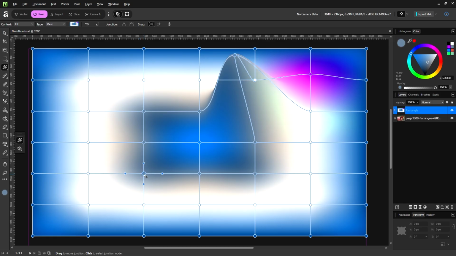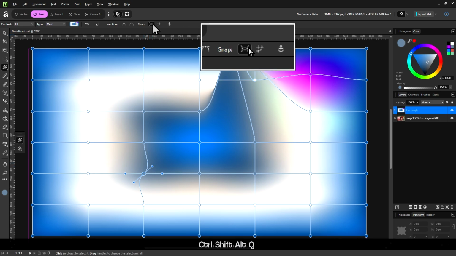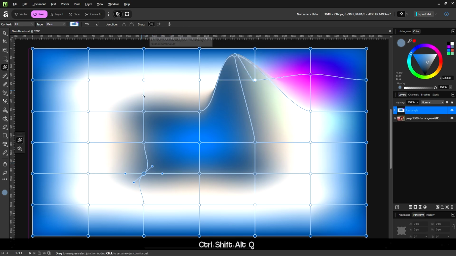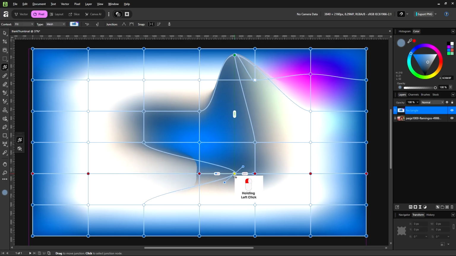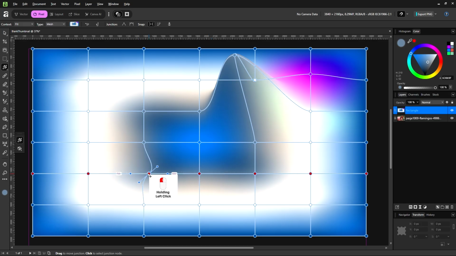When you select a node, you get these handles for adjusting how the nodes look. There's also snapping, aligning nodes to select curves. So it will snap to the lines here between these nodes.